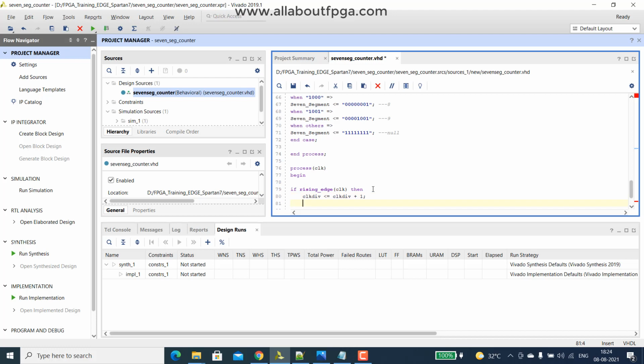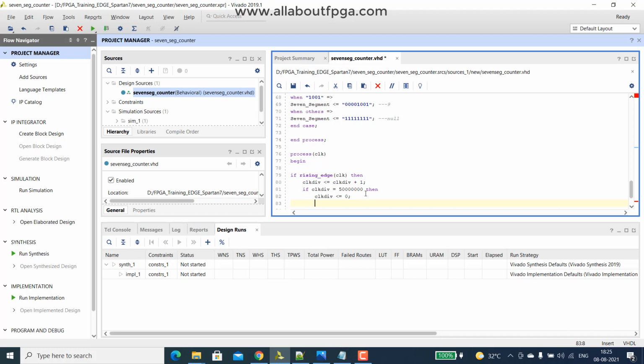Once the clock divider reaches 50 times 10 power 6, we make the clock div 0. In the meantime, we increment the BCD input that is going to be displayed on the 7 segment.